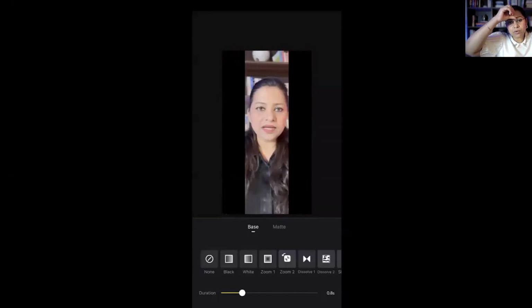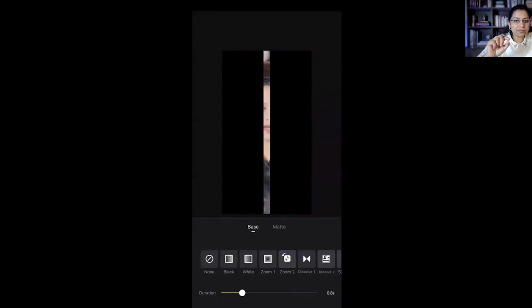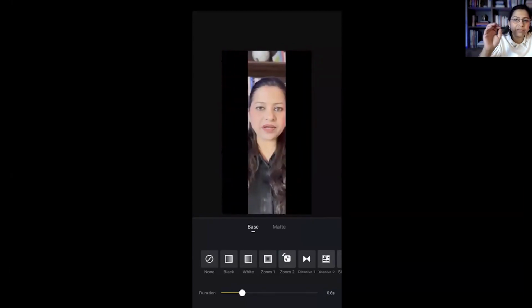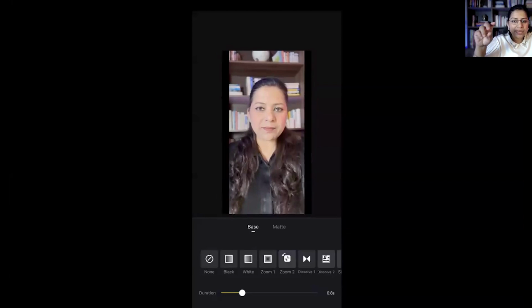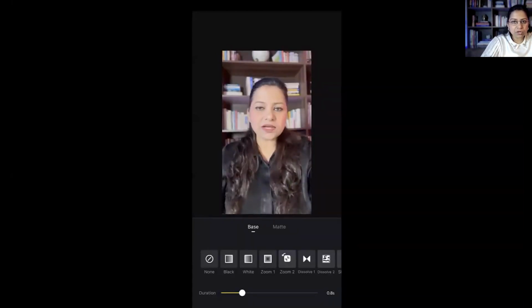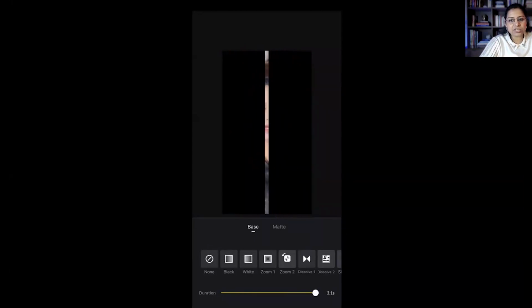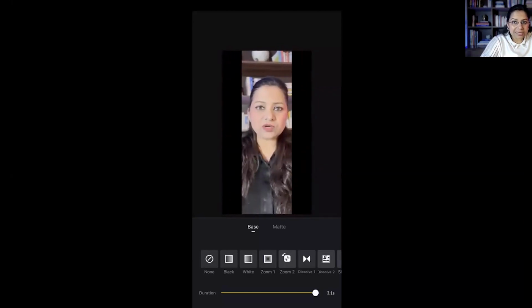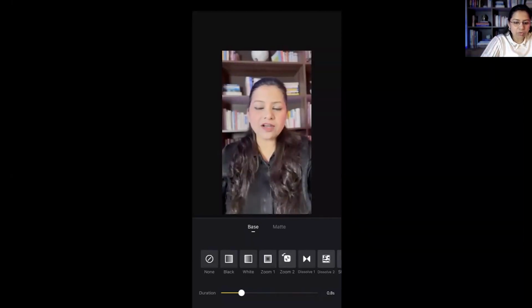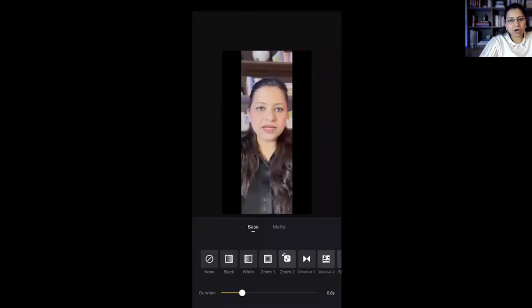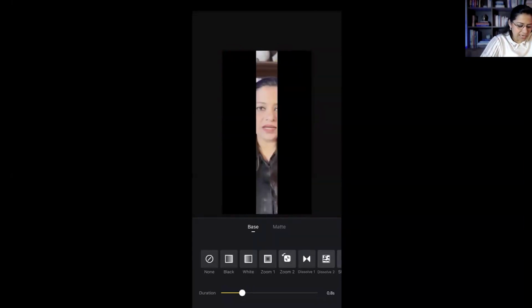And now if you want to increase the time of what is happening right now, you want it to happen for a little longer time, or you want it to happen for a little shorter time, that control is given through the duration. If you just look below, you have duration as one of the icons there, and there is a yellow line up until a point. The maximum duration you can set for any particular transition is 3.1 seconds. That's the maximum. However, we will keep it around 0.6, 0.7, 0.8, or maybe a maximum of 1 second. Okay, so that's the duration.